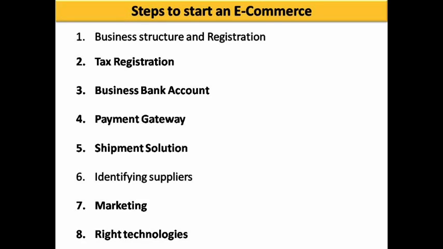Then the company should implement a payment gateway, because only with a digital payment gateway can the customer make payments online. Next one is shipment solution. Logistics is a major part of e-commerce. So with the help of a third-party logistics company, the company delivers the sold products to the customer at the appropriate time. And identifying suppliers for extending their business in a global market is very, very important because the company should deliver the product in best quality with best price.